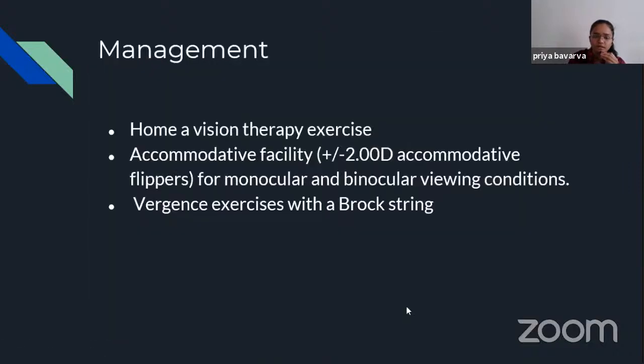The examiner advises the patient to do home vision therapy exercises and accommodative facility flippers with a plus and -2 diopter flipper, for monocular and binocular viewing conditions. In the starting stage, the patient is not able to manage the higher plus power, so give a low amount of flipper. Otherwise, you can give the same high amount of flippers,